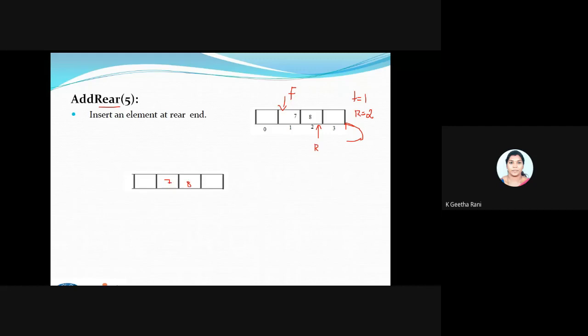So my front pointer is pointing to 7. Fine. And I'm going to increment the rear, so I'm storing the value 5 here. Okay, so now the rear pointer will be here. What I'm doing is just incrementing r = r + 1, the same index like 0, 1, 2 and 3. So this is the process of adding at the end.